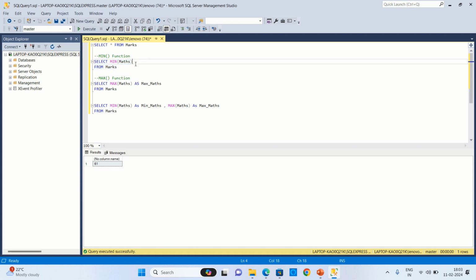So in order to specify, we can give an alias to this column, and we can say anything that you wish, like I am saying min maths. So if I execute this query, you will see in the final output I will get min maths here. Similarly, if I want to find the maximum marks,